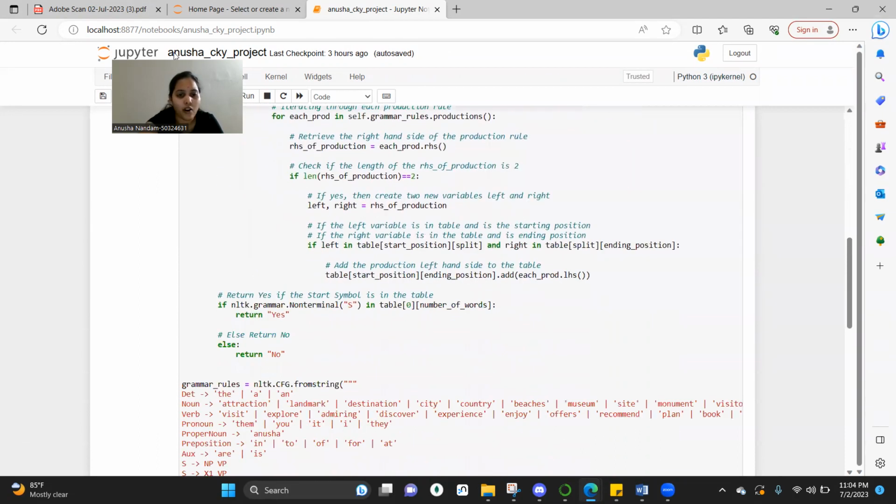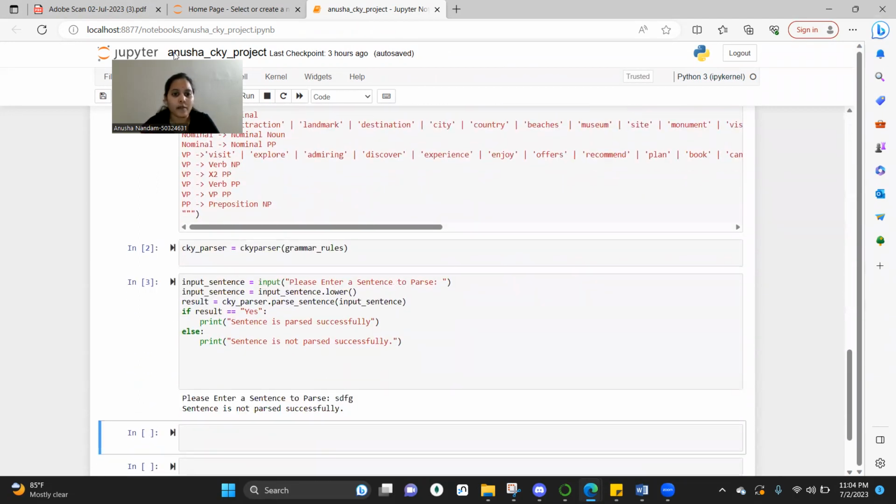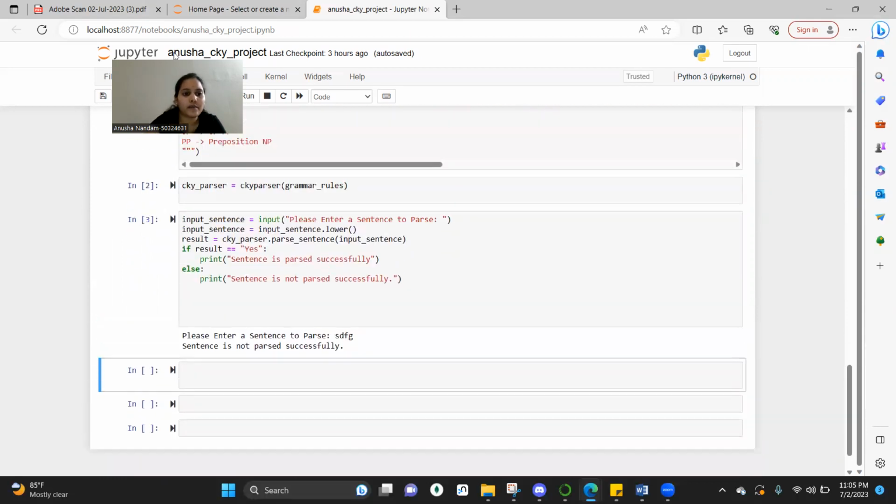If you could see on the second cell, there is a CKY parser, and after passing the CKY parser method, we are going to store it in a variable called parser. We are going to pass this parser, and after that we are taking a sentence in the form of text. For example,